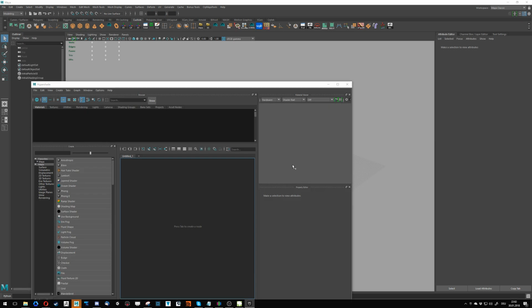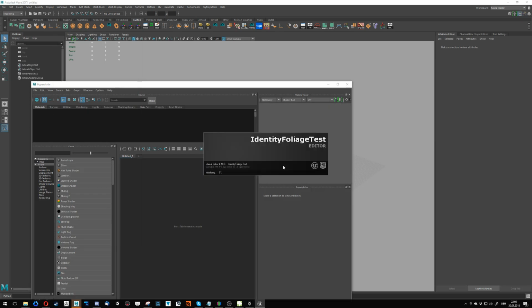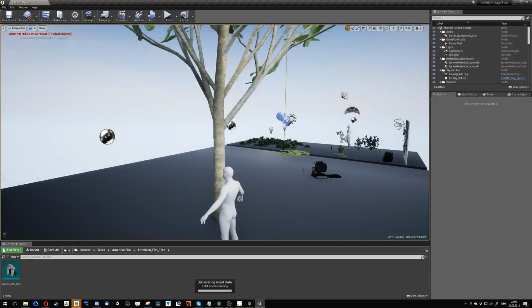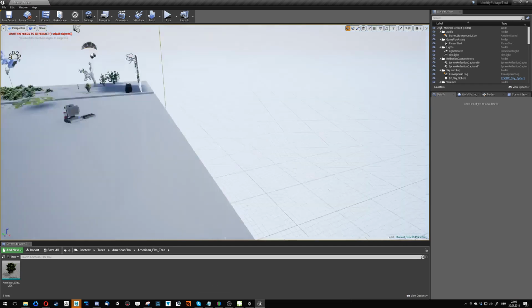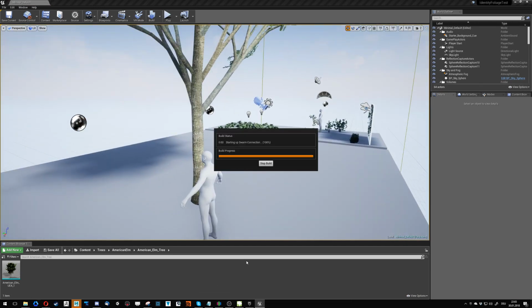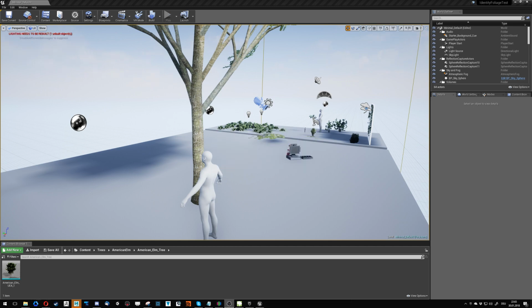Speaking of spring, I can't wait to see the finished design of Philippe's environment stuff. He's been the master of vegetation and grass and things like that. If you've seen on Twitter, he's kind of the guy. Identity foliage test, nice. Man, so much software, so many things. It's all beyond me. Let's try and build the light. Let's hope Twitch will handle this. Dropped frames, 60, that's fine.